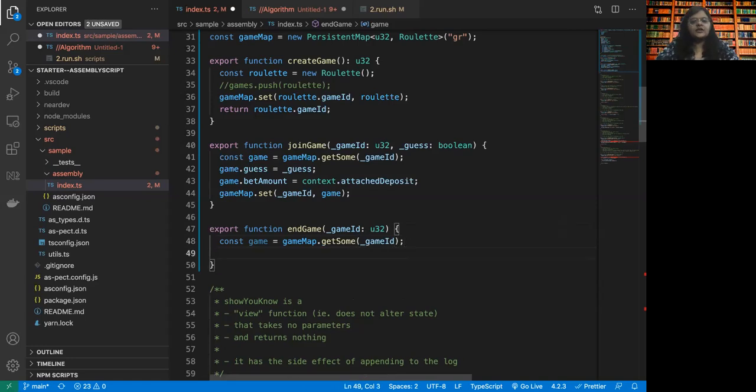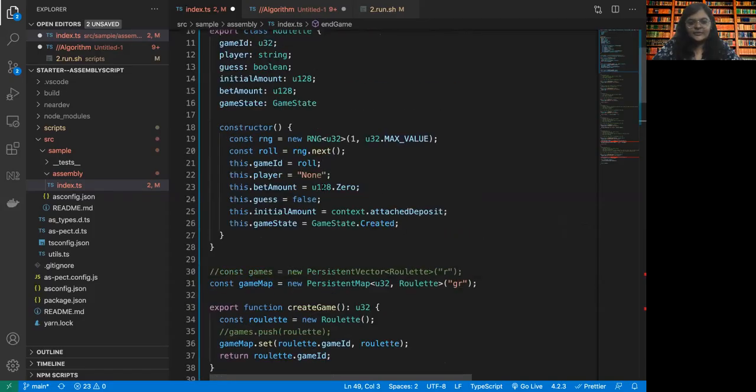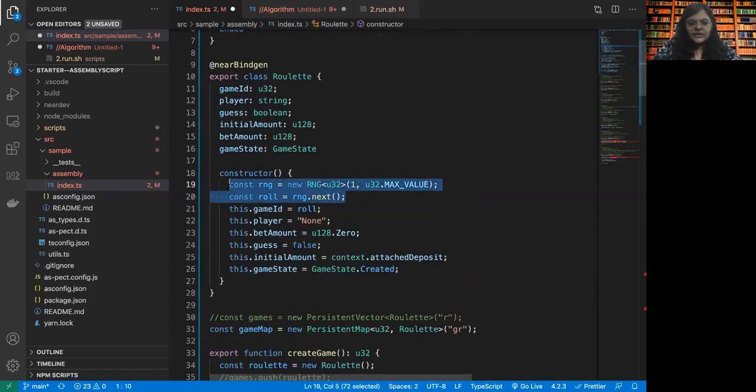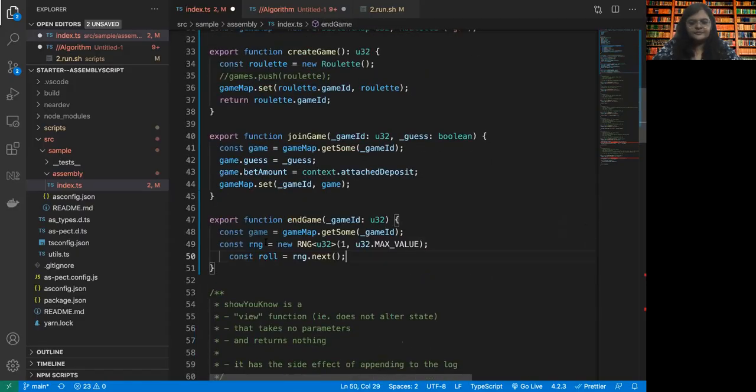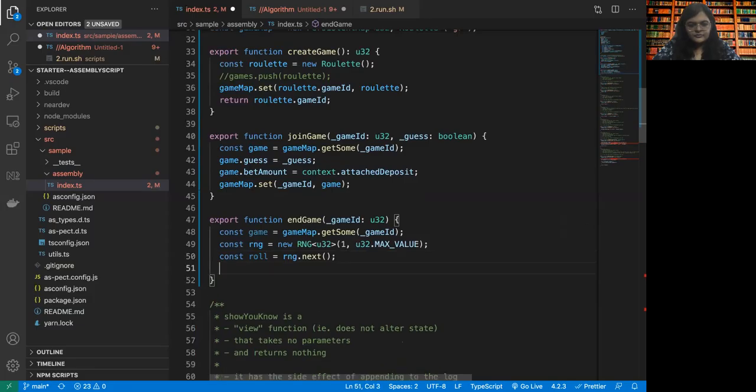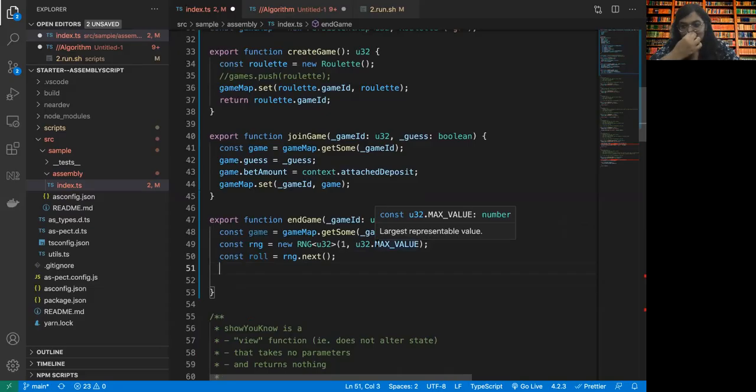All right. Now, what we are going to do is we are going to again take our random number generator and generate a random number. Now here is an interesting thing.